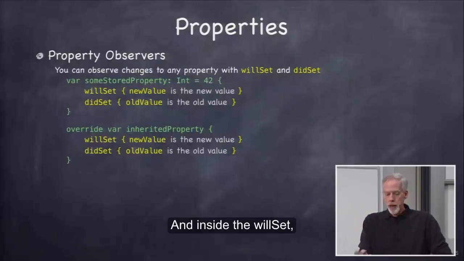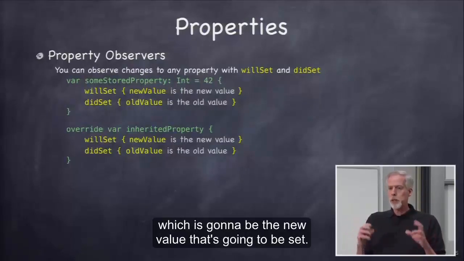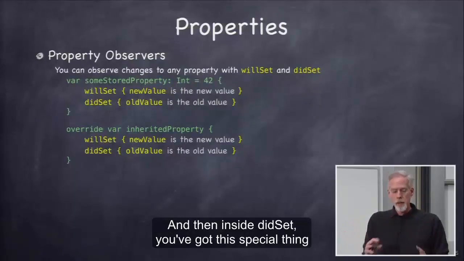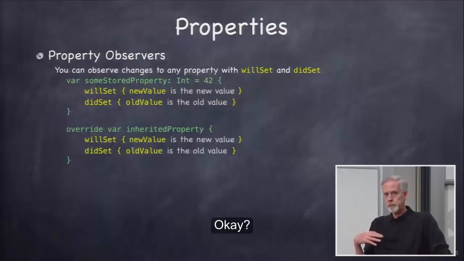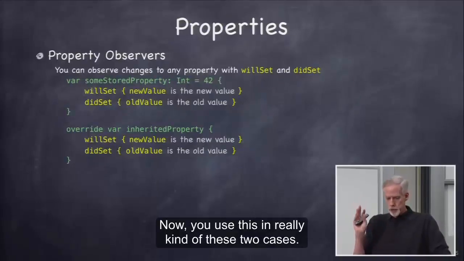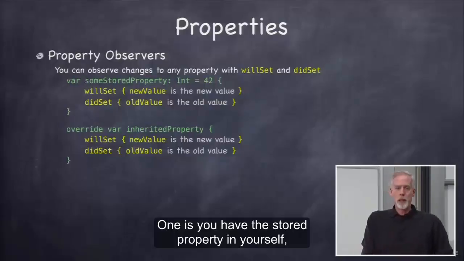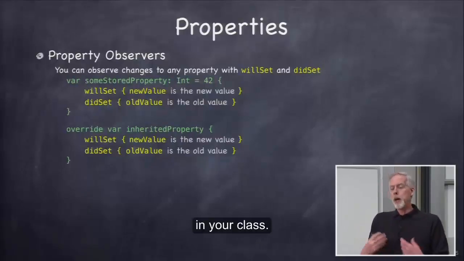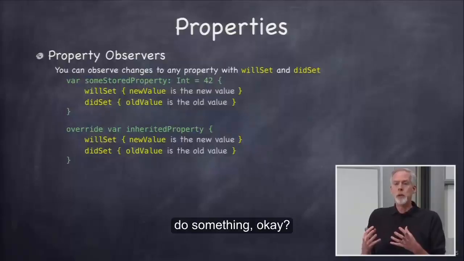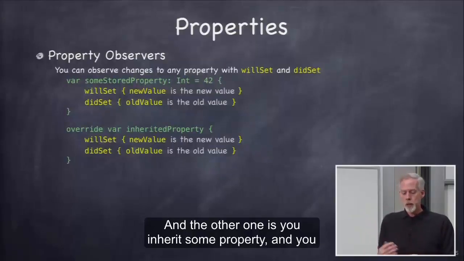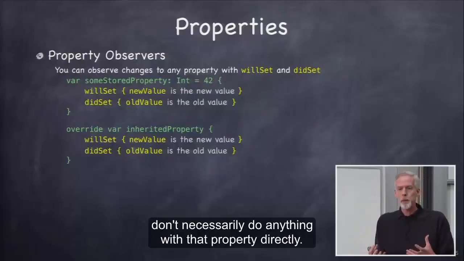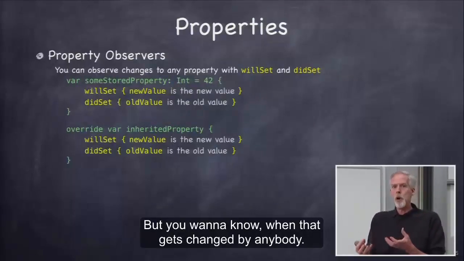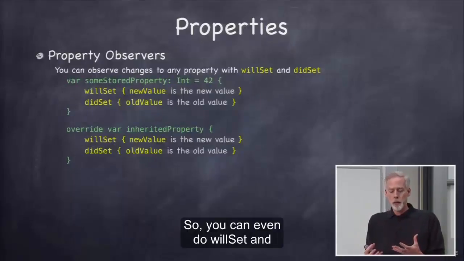And inside the willSet, you've got this special variable called newValue, which is going to be the new value that's going to be set. And then inside didSet, you've got this special thing called oldValue, which is the old value. Now, you use this in really two cases. One is you have a stored property in your own class, and whenever someone sets it, you want to notice and do something. And the other one is you inherit some property, and you don't necessarily do anything with that property directly, but you want to know when that gets changed by anybody. So you can even do will